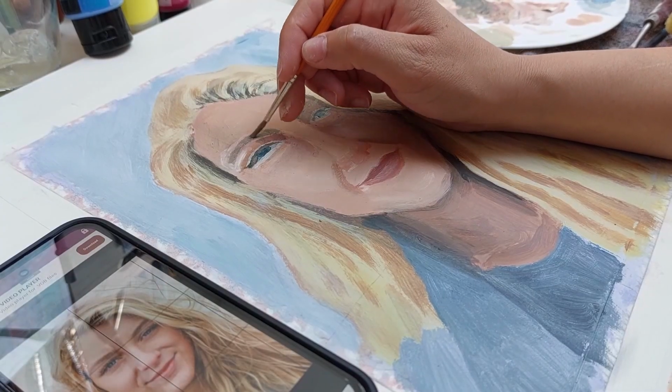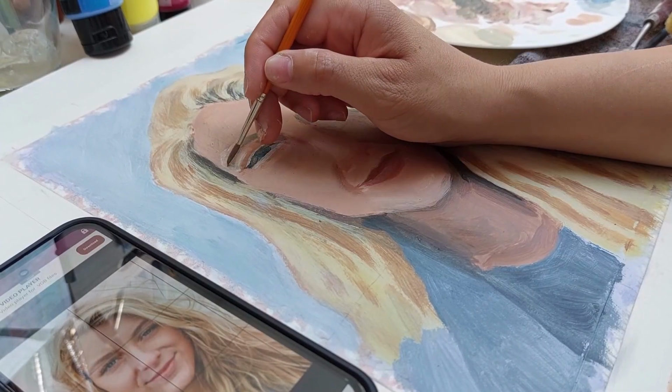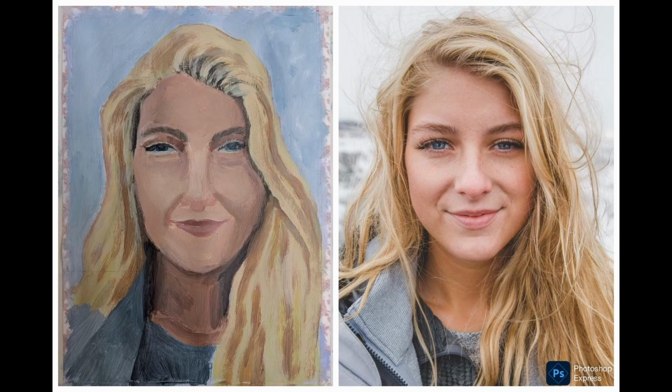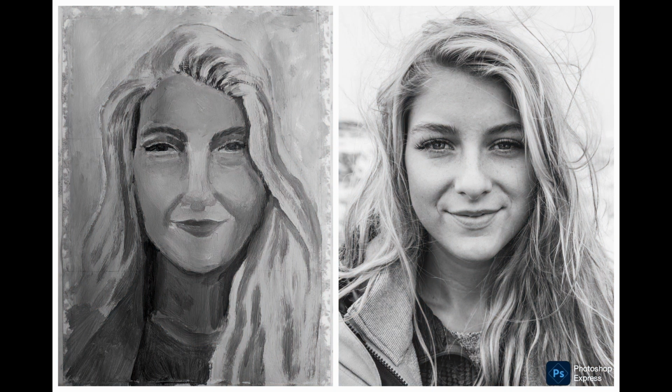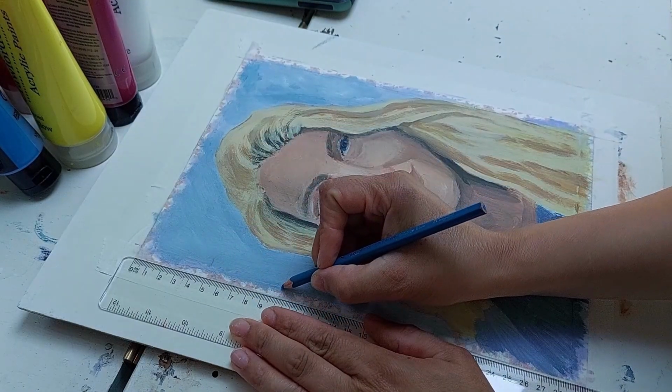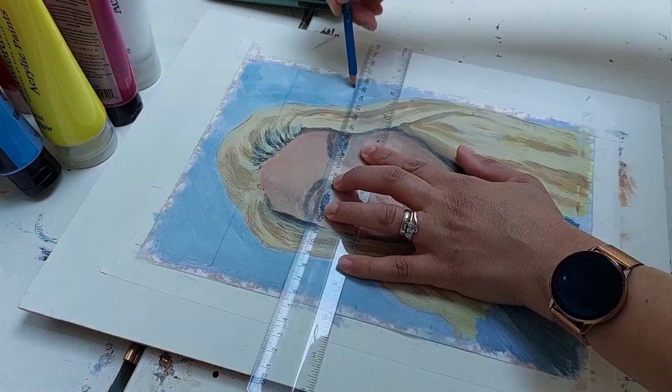Overall, this is looking better than my first attempt for sure, but it still shows that my skill level is quite low still. I photographed my painting and made a collage of it next to the reference photo, turned it black and white, and I noticed that the values are quite off. It's mostly mid-tones in my painting, not to mention I haven't got that impressionist sort of brushstroke I was going for,